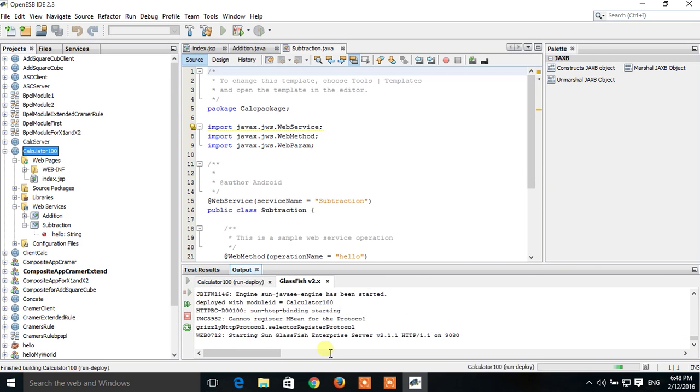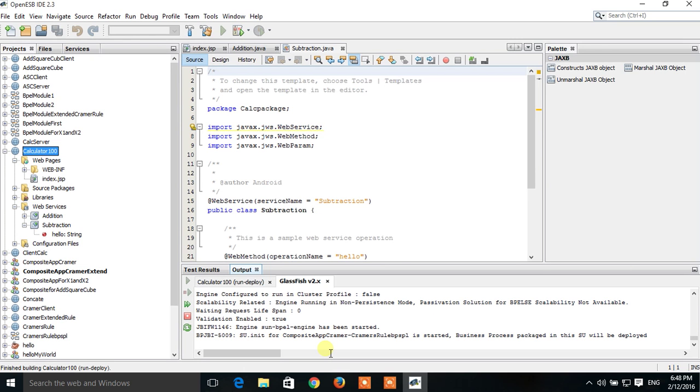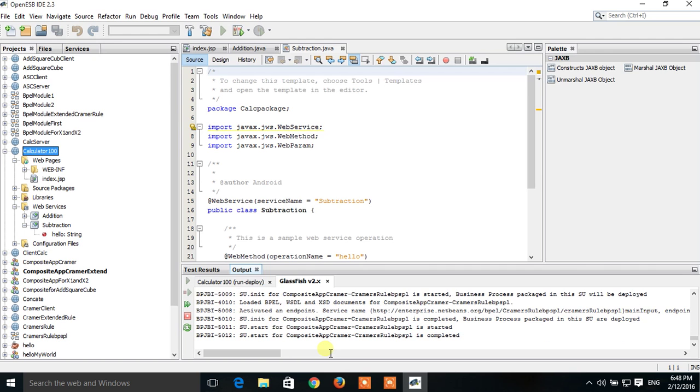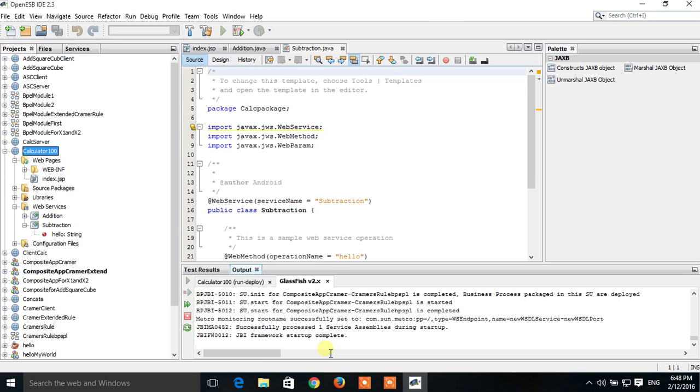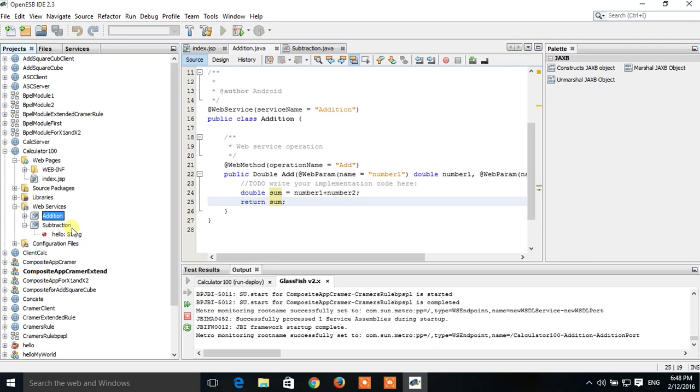All the modules contained inside the Glassfish server are loading. Now we are going to addition. We already have it here. This service is going to